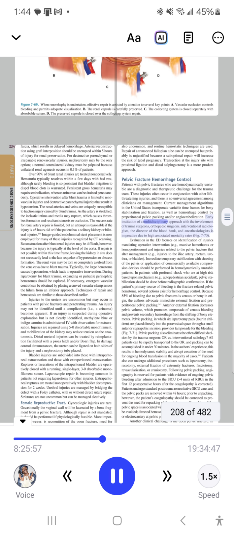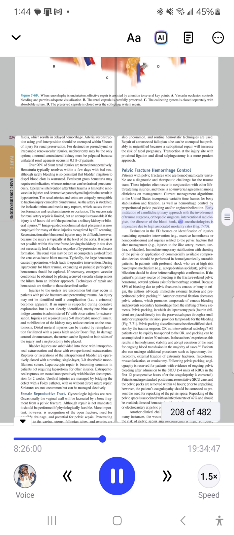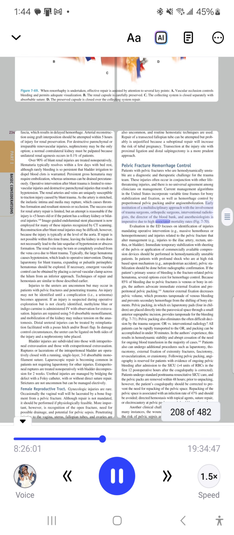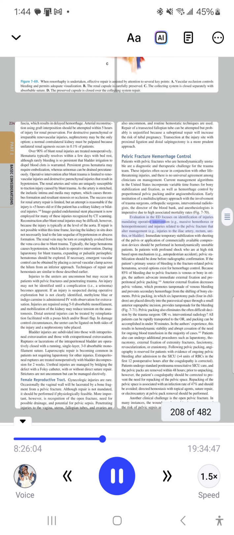Early institution of a multidisciplinary approach with the involvement of trauma surgeons, orthopedic surgeons, interventional radiologists, the director of the blood bank, and anesthesiologists is imperative due to high associated mortality rates. Fig. 770. Evaluation in the ED focuses on identification of injuries mandating operative intervention, for example, massive hemothorax or hemoperitoneum,